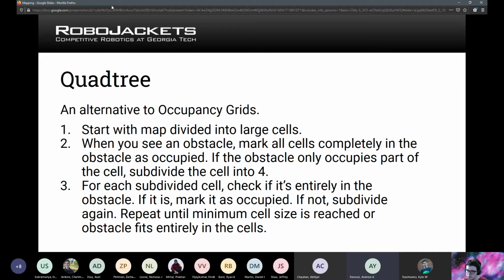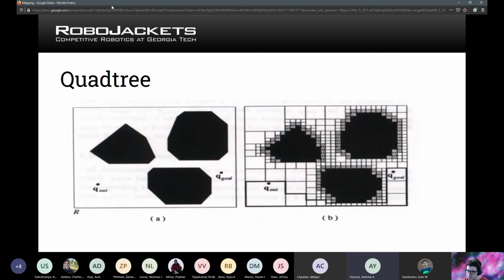And what this allows you to do is you'll end up having a lot more small cells around the edges of obstacles, but large areas can also be captured by larger cells. So you're no longer limited to a single cell size for all your cells. And you can see here in this picture, you have some obstacles which are marked in black. And when you add them to a quad tree, what you end up having is these very large cells that store information about it being either occupied or not occupied, but then also around the edges, you get a much